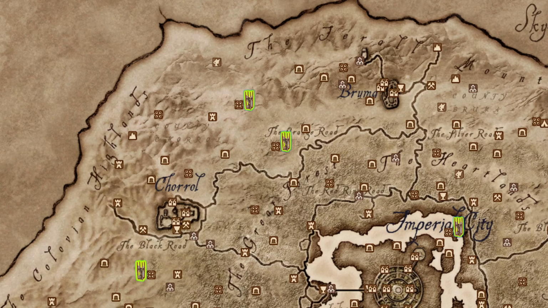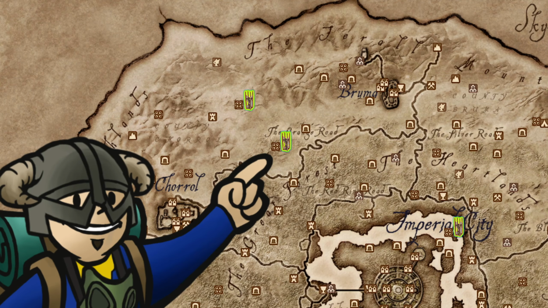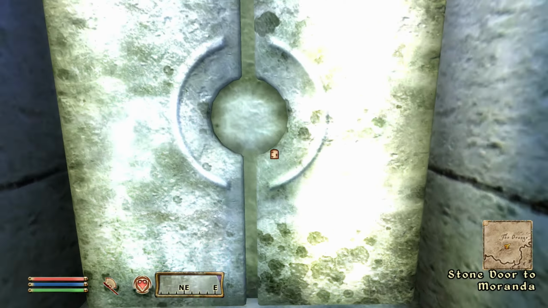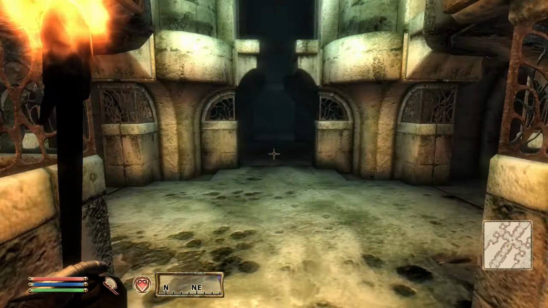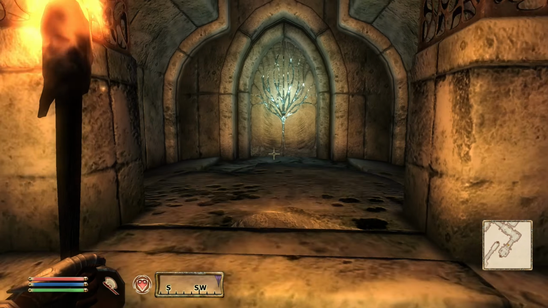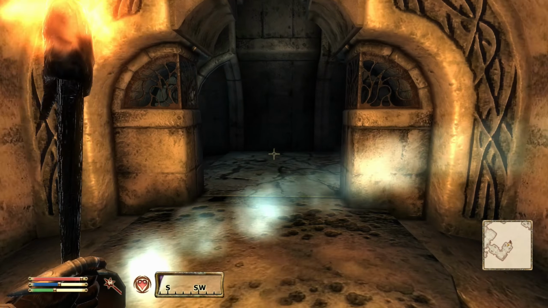The next statue we're seeking out is in Moranda, the Ayleid ruin almost exactly in the middle in between Bruma and Coral. Moranda will be straightforward for a little while. For example, when you enter, go straight forward. Then when you get to the second fourway, take your right. Head up the stairs straight ahead, then follow the next set of stairs up to the stone door into Moranda